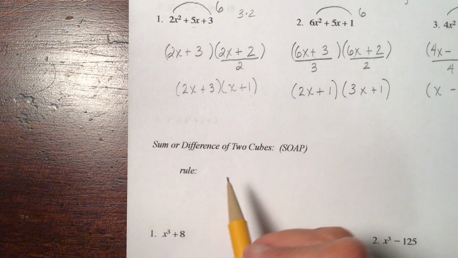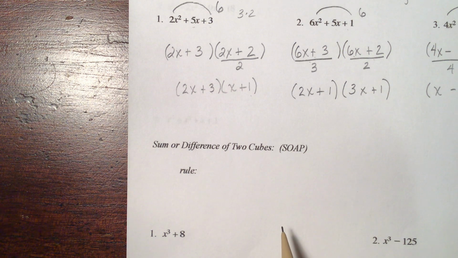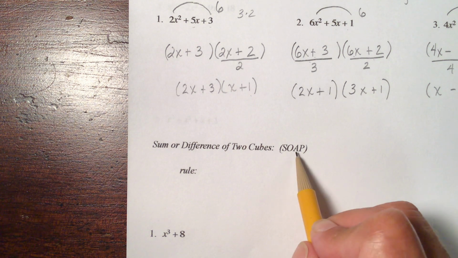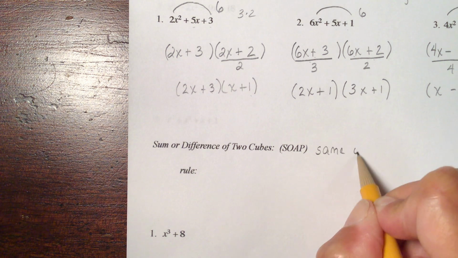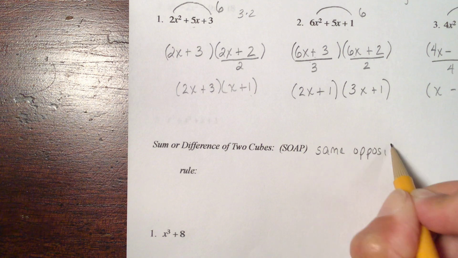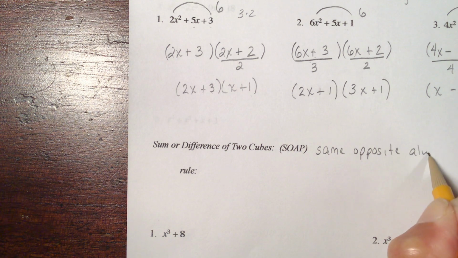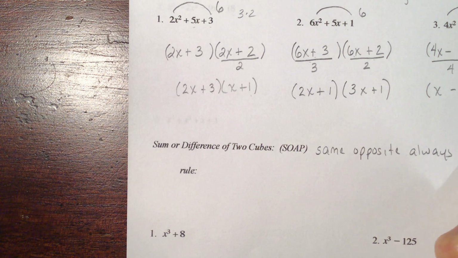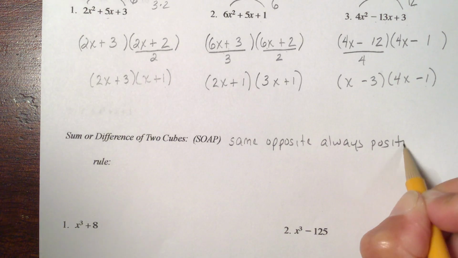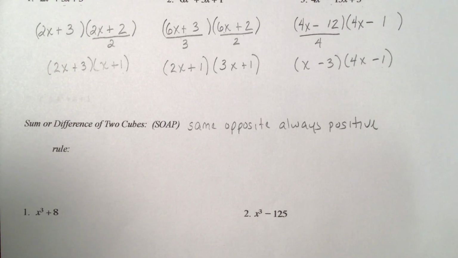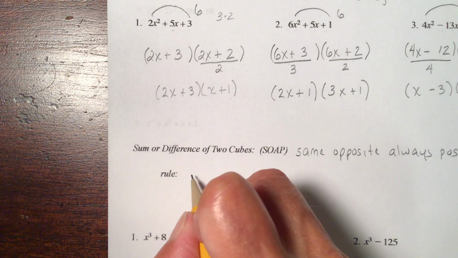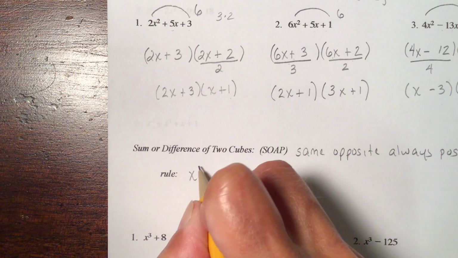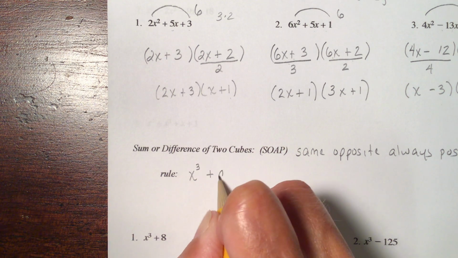Next factoring method that you should know, sum or difference of 2 cubes. Some of you may recognize this as SOAP. Same, opposite, always a positive. Maybe if I say that, some of you will know what I'm talking about. Always positive. So, how does this one work? All right, so if you're trying to factor something and you recognize that it's a sum of two cubes